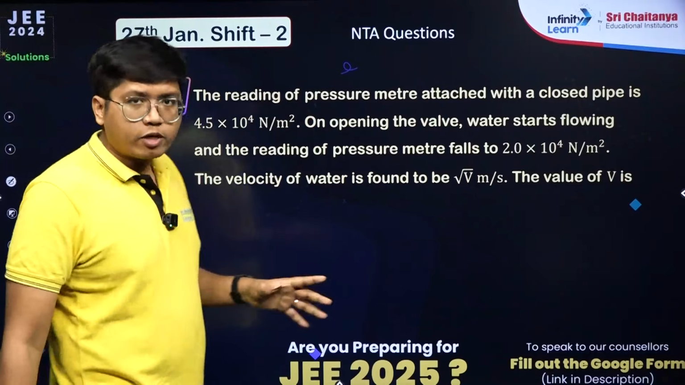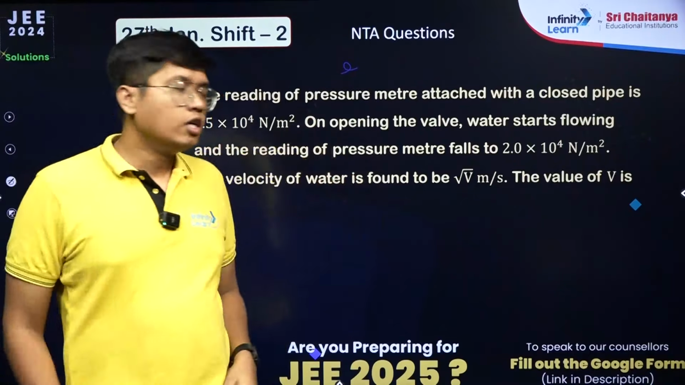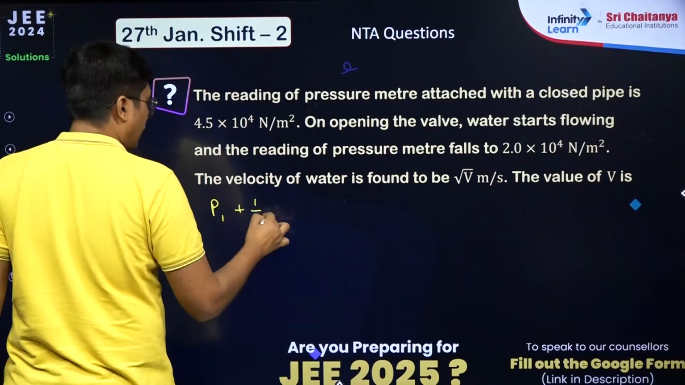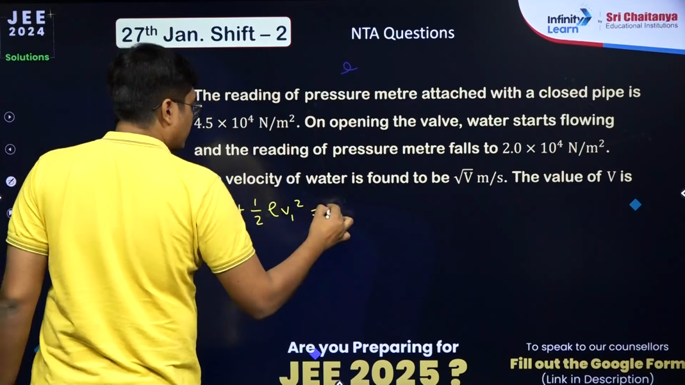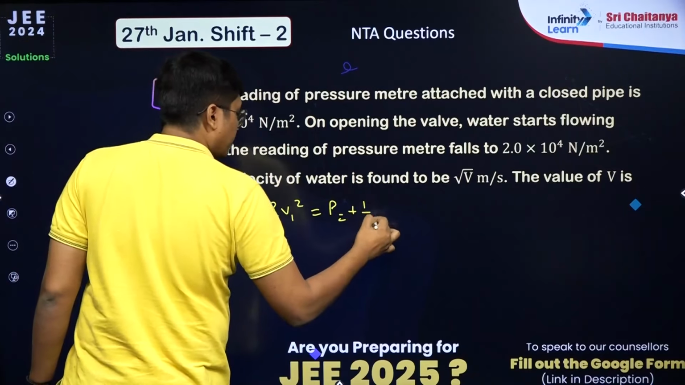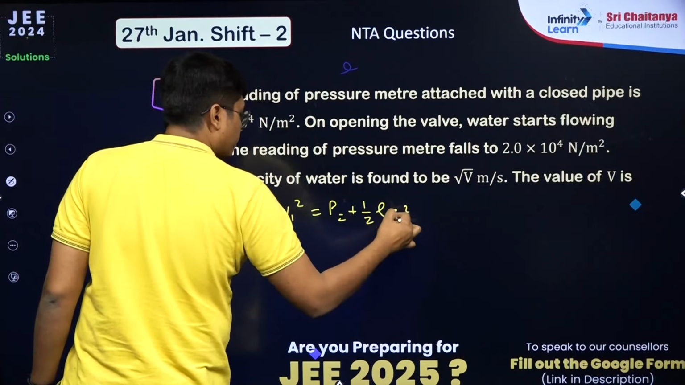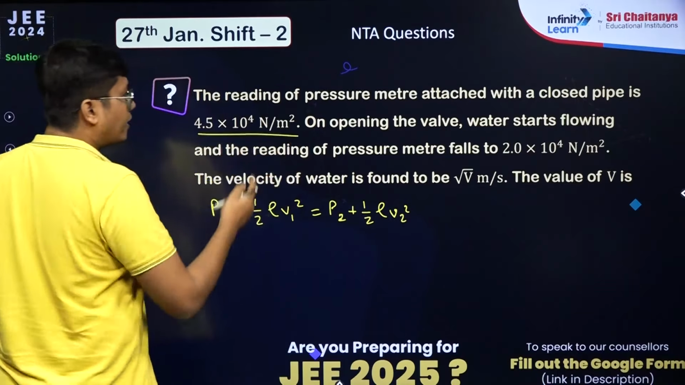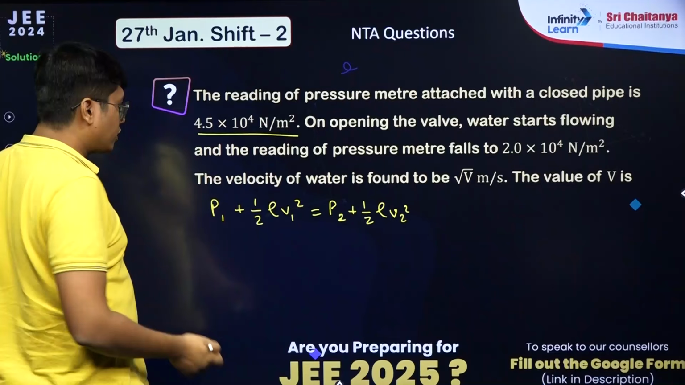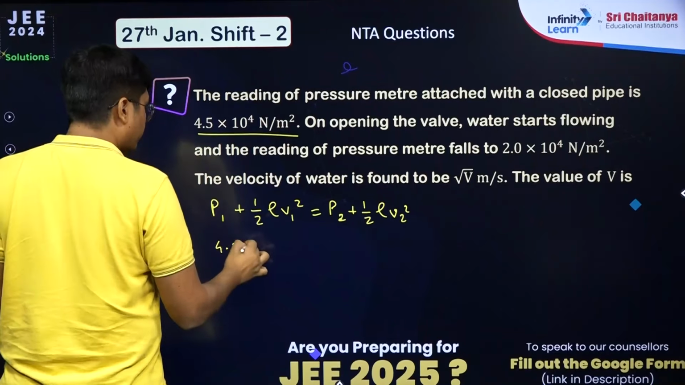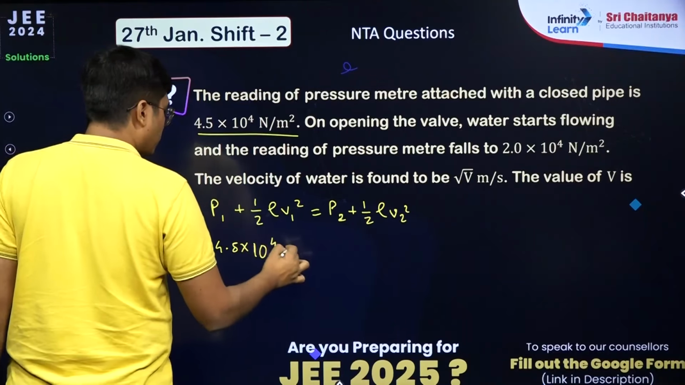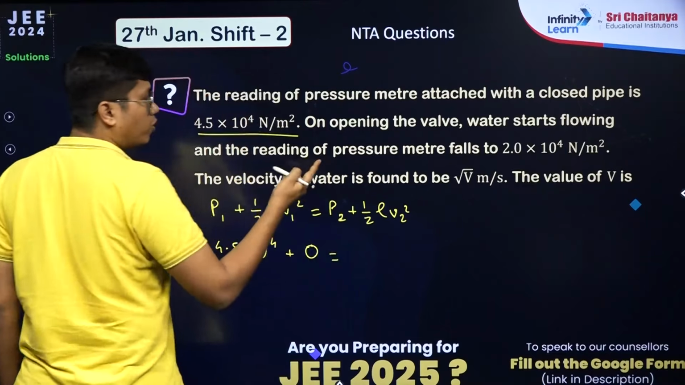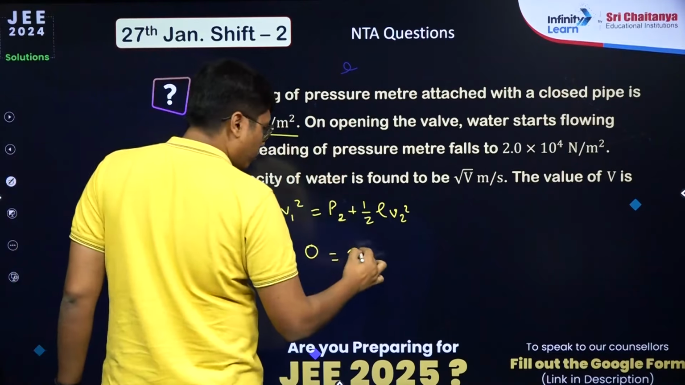So this is simple Bernoulli's theorem. They are at the same horizontal level. So technically I can write P1 plus half rho V1 square is equal to P2 plus half rho V2 square. Initial case, the pressure was this, and it was closed, so velocity was 0. So 4.5 into 10 to the power 4 plus 0, because initial velocity was 0, that is equal to P2. In the second case, it is 2 into 10 to the power 4